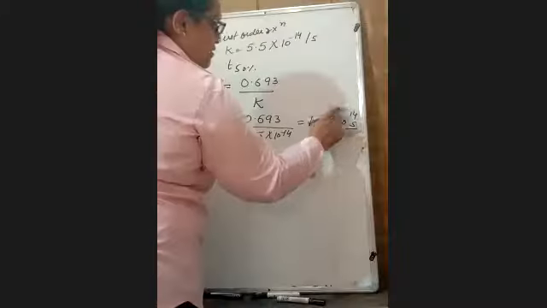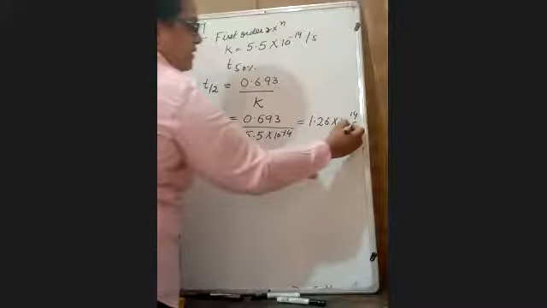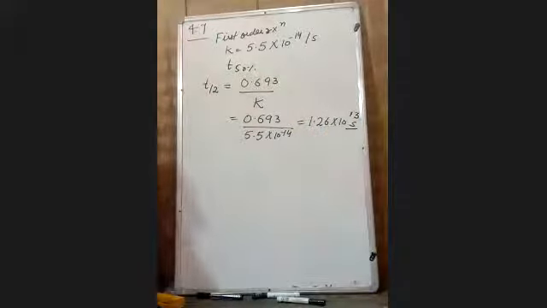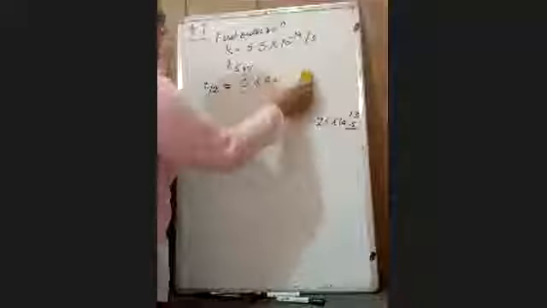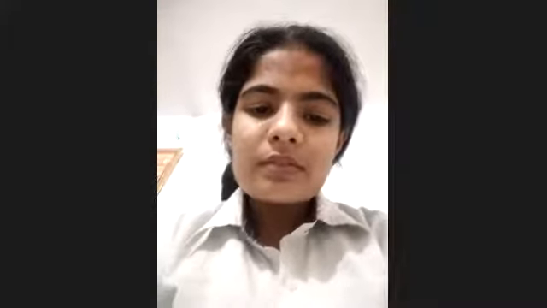Solve it once. It is in the denominator. It is this. Second. Okay. Ma'am, mine is 0.126 into 10 raised to power 14. Same answer with it. Ma'am, 12.6 into 10 raised to power 12. Okay, correct. Now see another question.